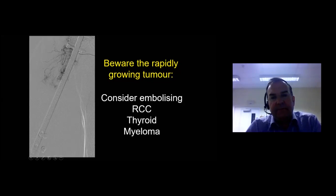Just beware the rapidly growing tumour. The ones that we really tend to think about are the renal cell carcinomas, the thyroids, and the myelomas. I got caught out only the other week with a renal cell carcinoma. We were under pressure to get the patient done. I decided not to embolize the tumour, and we did have significant blood loss,